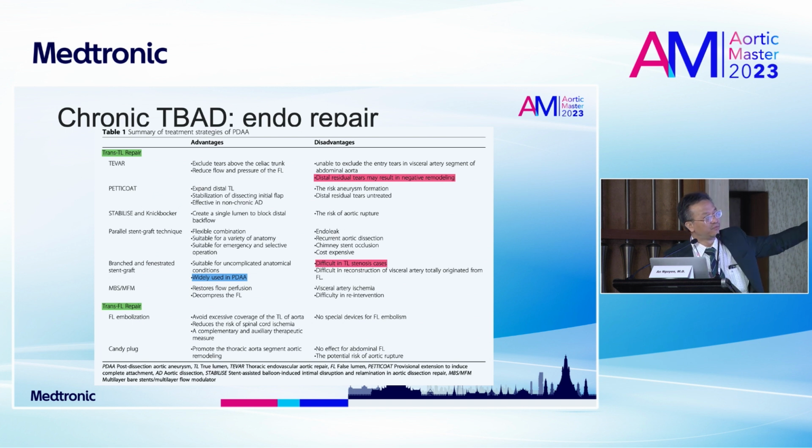For the false lumen repair, there's false lumen embolization and candy blood. This is an alternative method to combine with TBAD to solve totally the problem of chronic dissection. For the endo repair, it needs time to do the intervention,